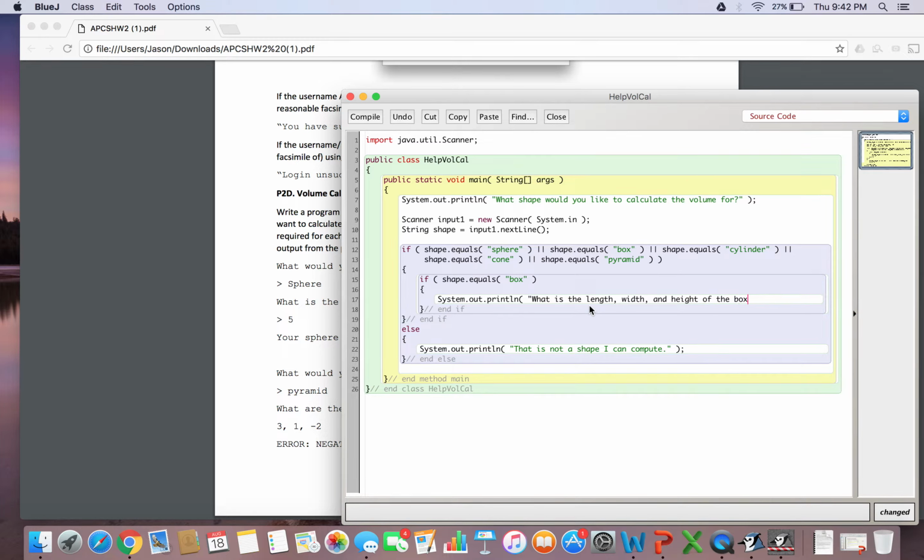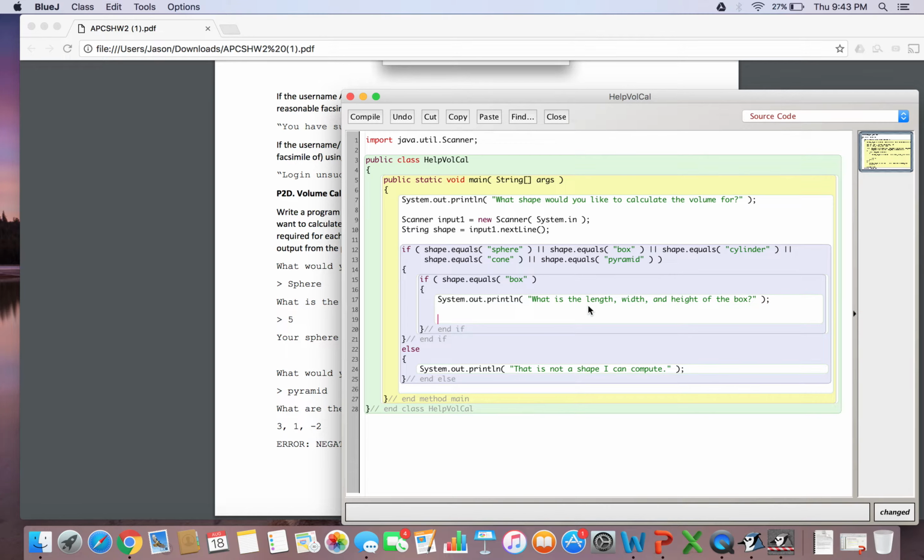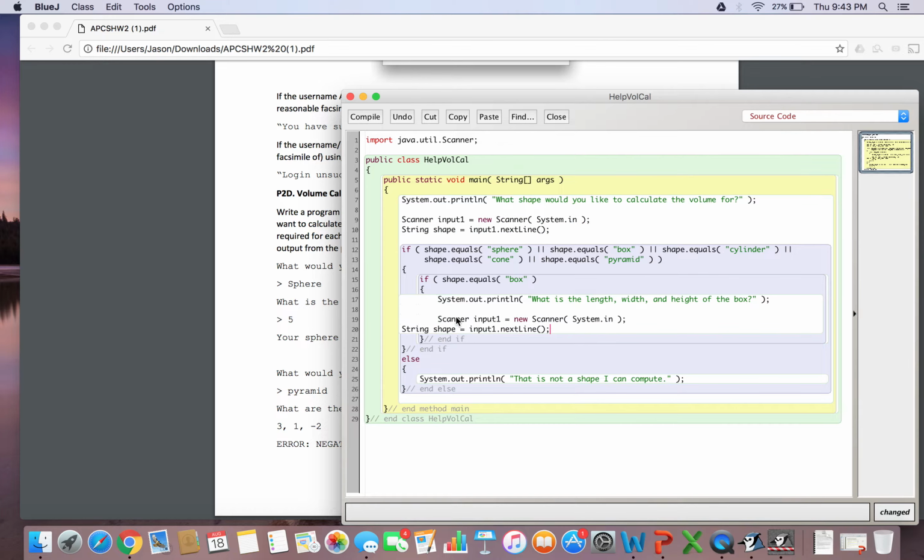And then I'm just going to have the user press enter every time. So I'll just use the scanner 3 times to get this. So I'm just going to copy this, because this allows me to get input from the user. Copy this, paste it here. However, instead of input 1, I already used it up here, so I'm going to say input 2. I'm just changing that, and then it's not going to be shape anymore. The first time that I'm storing something, I want the length, so I'm going to change this to length, a string called length, and the user is going to put in